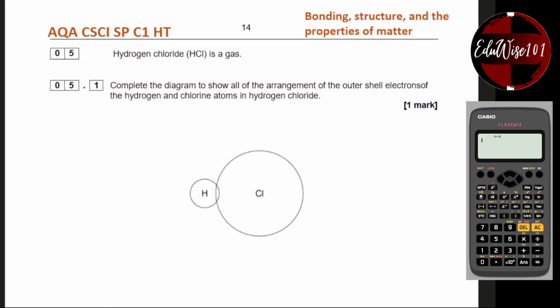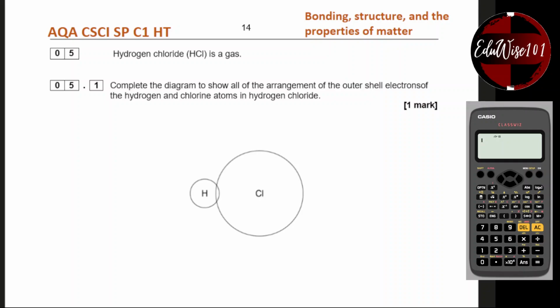In this video, I'm going to go through the AQA Combined Science Specimen Paper, Chemistry, Paper 1, higher tier. This is question number 5, which is on bonding structure and the properties of matter. Hydrogen chloride is a gas. Complete the diagram to show all the arrangement of the outer shell electrons of the hydrogen and chlorine atoms in hydrogen chloride. Now, before we begin,